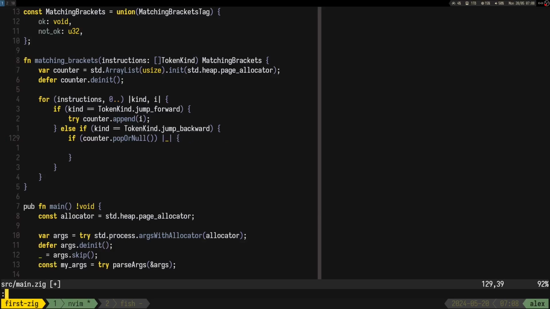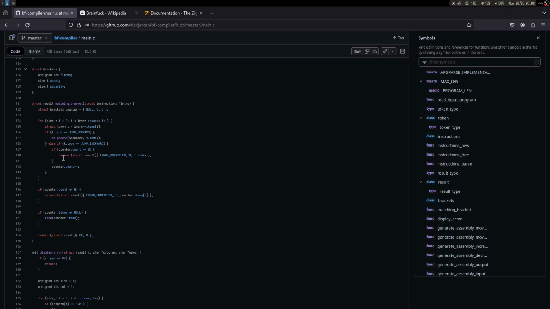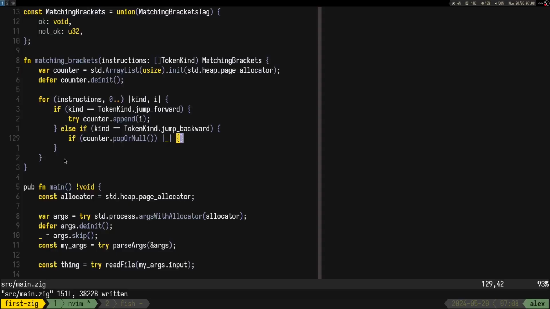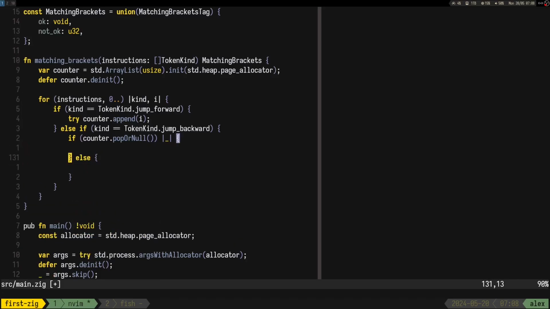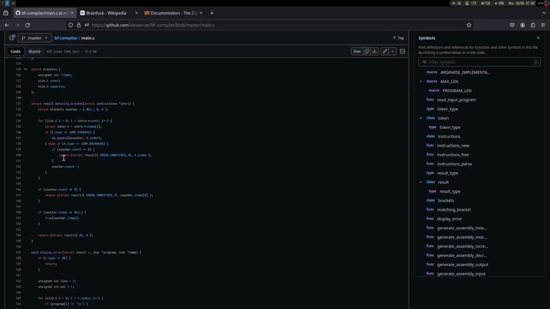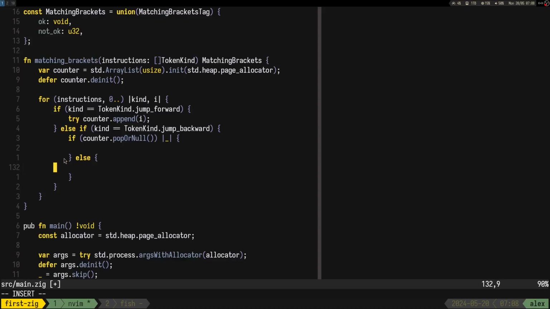Wait 1 second. Yeah, I don't care about it. If it's there, I guess it's there. But if it's not, I don't know how to do the reverse. But I guess if it's not, then we just do the error. So